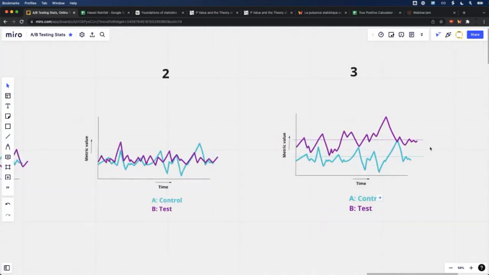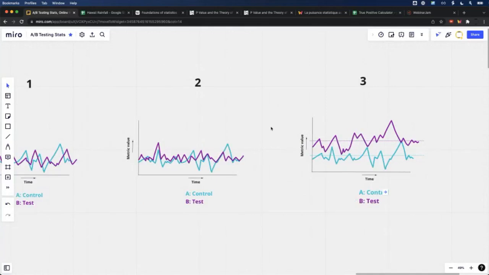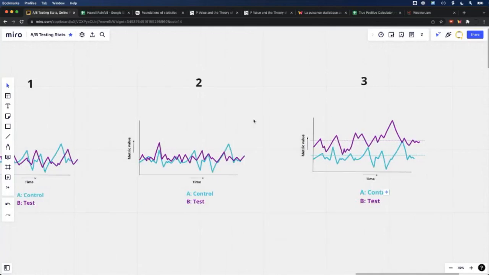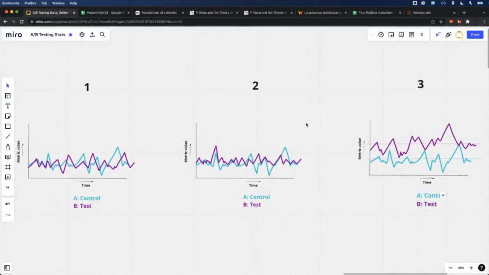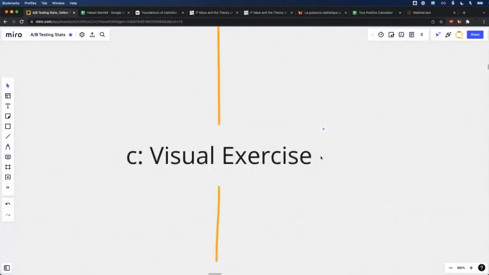This is something very similar that happens in statistics, although statistics is based on math, and math is able to separate out even these first and second cases really well. If you just do an average of each of the two lines, you can tell which one is the winner and which one is the loser. But there is more to it than that, which brings me to my next topic,